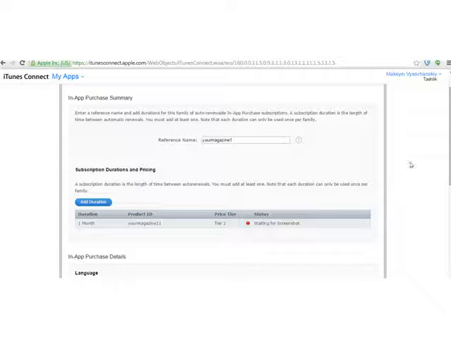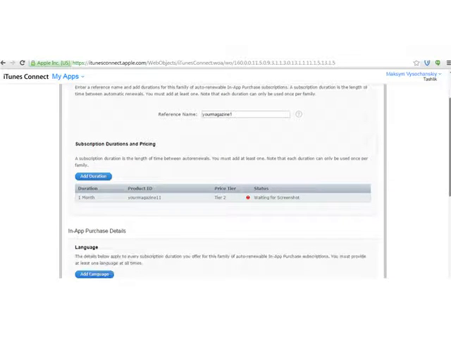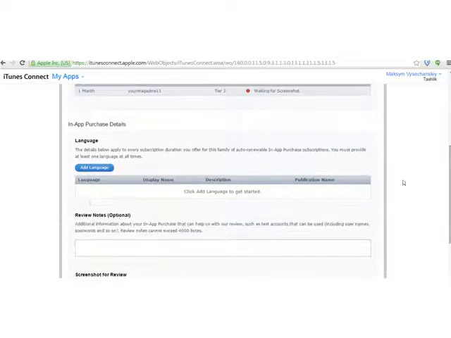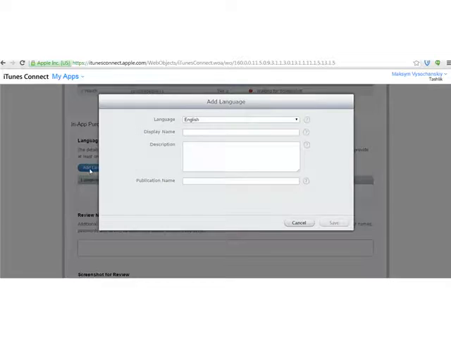Now you will need to add a language for your magazine and some description right here. So here, your magazine title, your magazine small description, and again your magazine title. Click save,